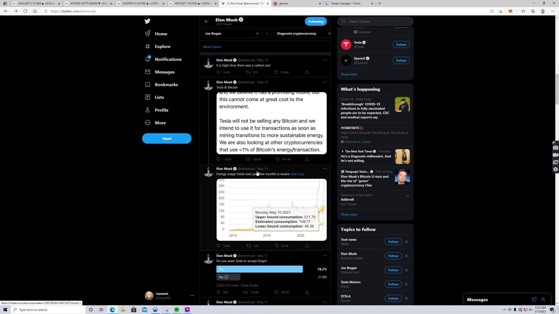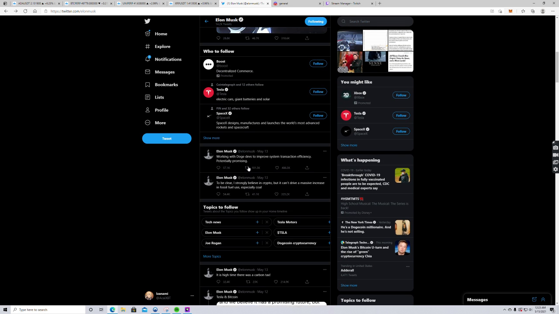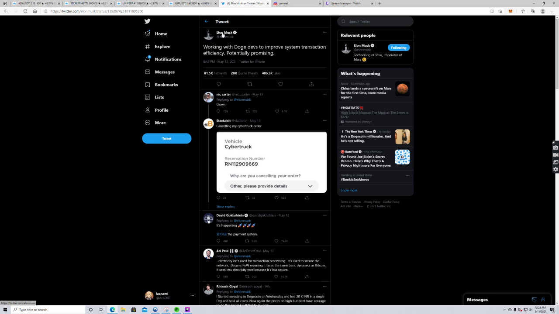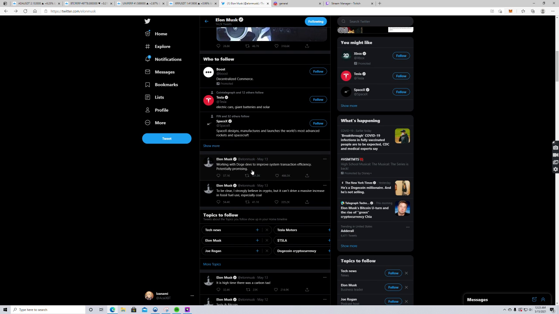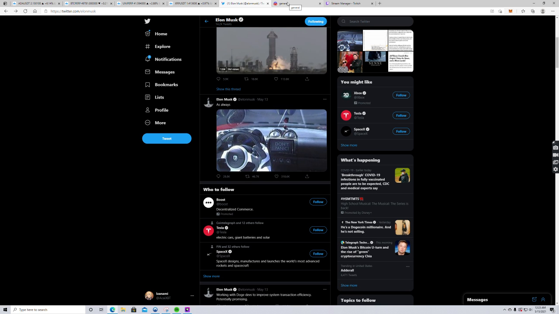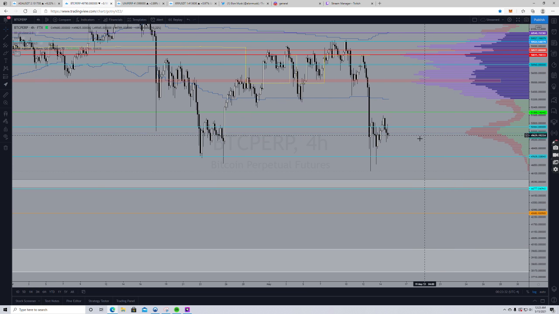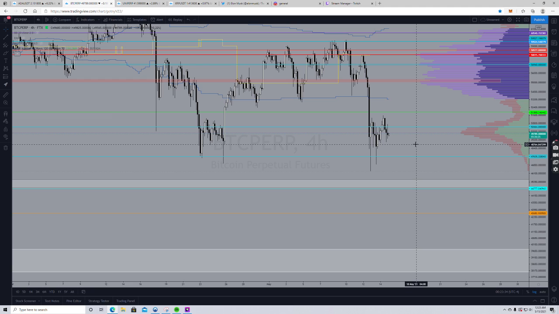Okay. And then I want you guys to look at this, right? So we don't have to blow it up, but working with Doge devs to improve transaction efficiency. Okay. There's two things that bother me about that. I'm just gonna go to a chart for now and sit here while we talk about this. Well, there are no Doge devs for one, but